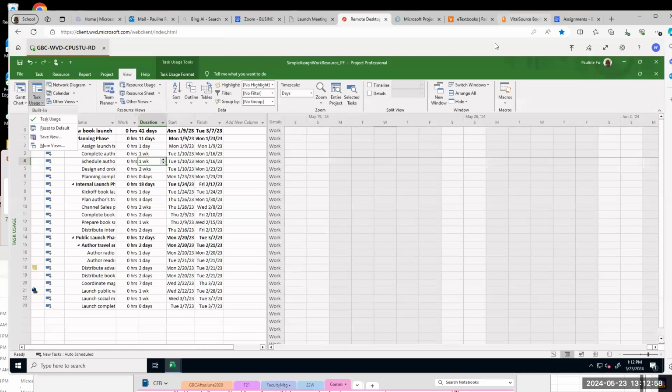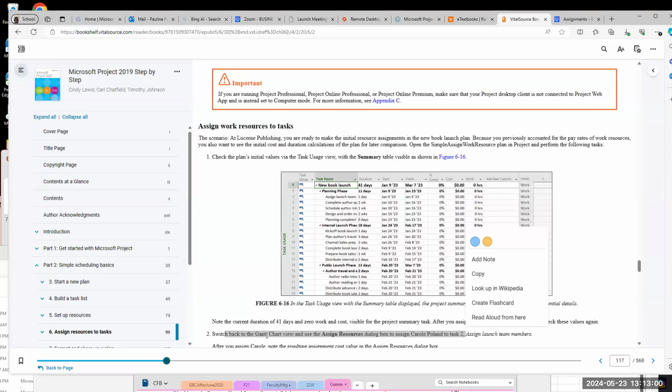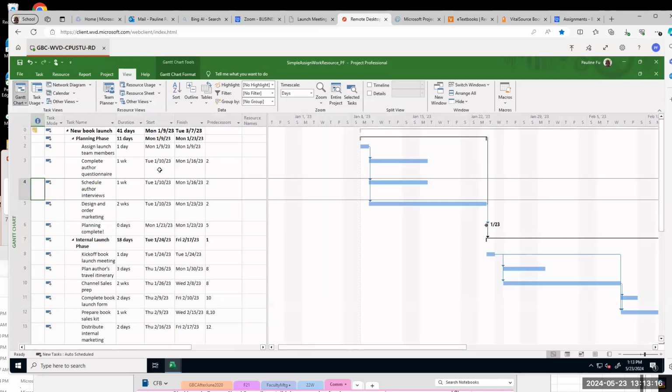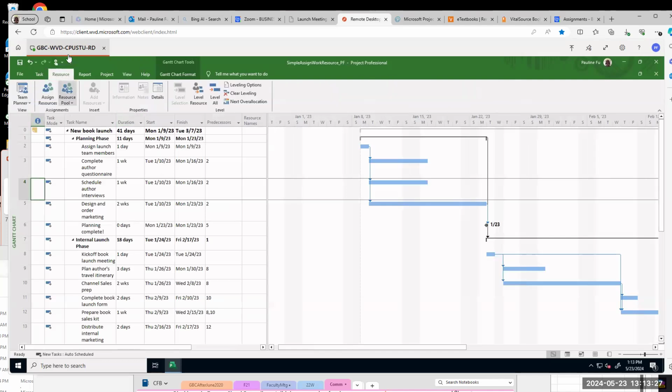Now we do step 2. Go back to Gantt chart, then assign resource, carrier Poland to task 2. So this is the Gantt chart. Click Gantt chart. And then go to resource.